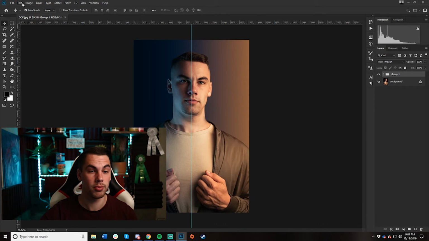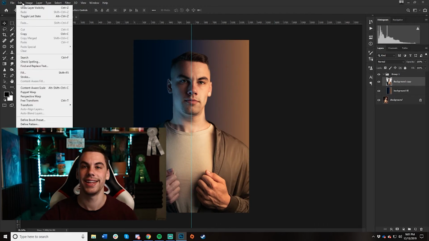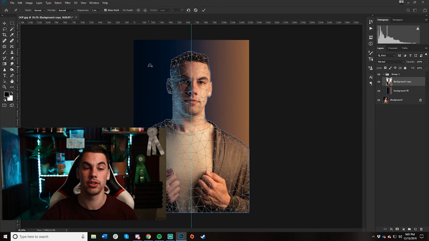It's just the Puppet Warp tool, and all you have to do to use it is select your layer, click on Edit in the upper left, and then click Puppet Warp, and it'll create a mesh for you over the selected layer. And then you just apply pins where you want the image to be held. So obviously I don't want any of this to move, so we're just going to create basically a 3x3 box here, and then we're going to put 2 pins in my neck again. So I'm going to put the 2 pins right there in my neck,